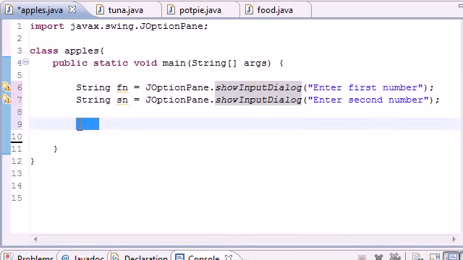So we need to tell Java, instead of viewing this as a string, we want you to view it as an integer so you can do some math with it later on. So what we need to do is convert these variables to integers. This has nothing to do with JOptionPane. This is just Java right here. So Java int